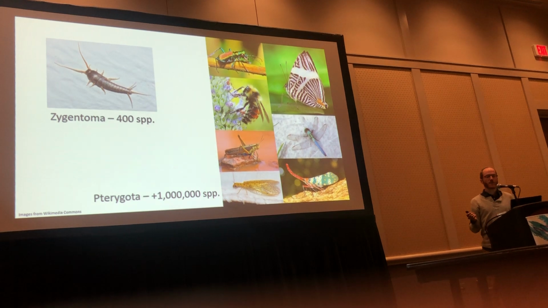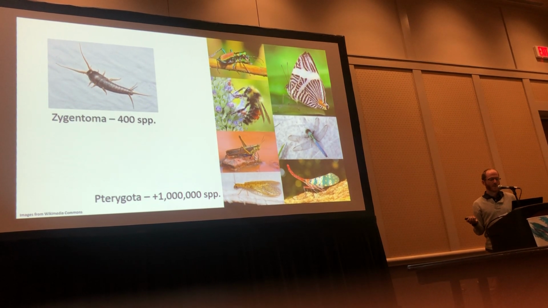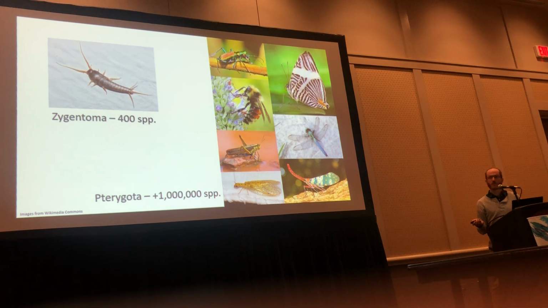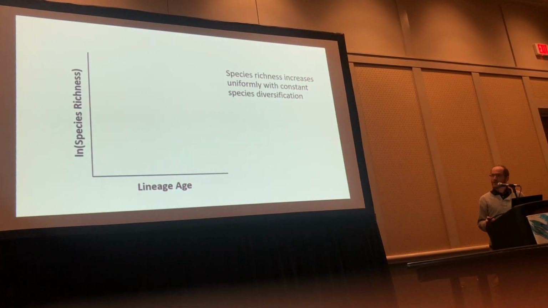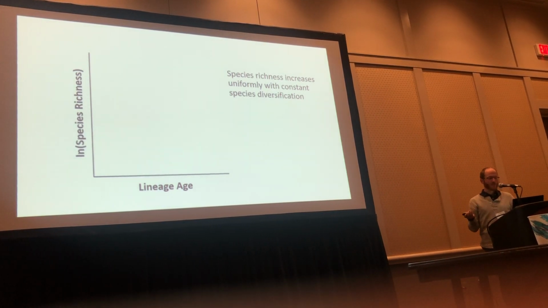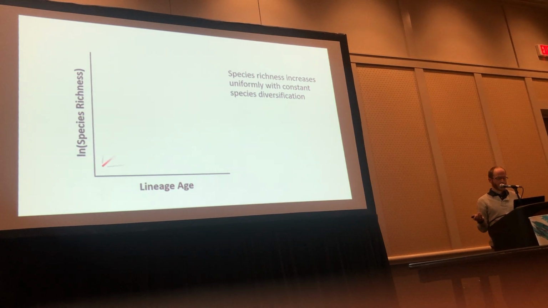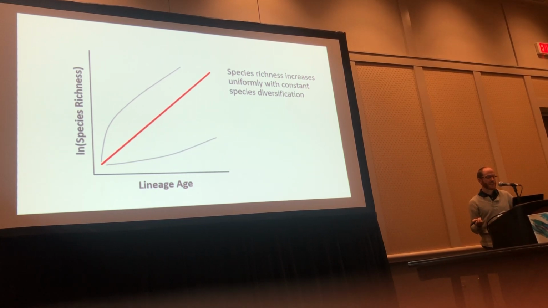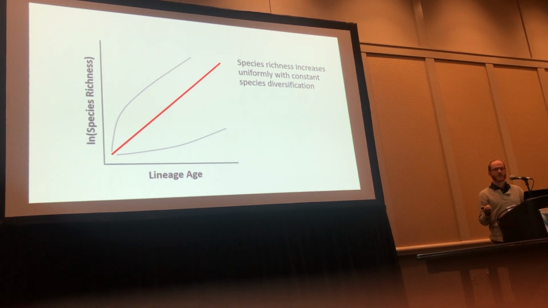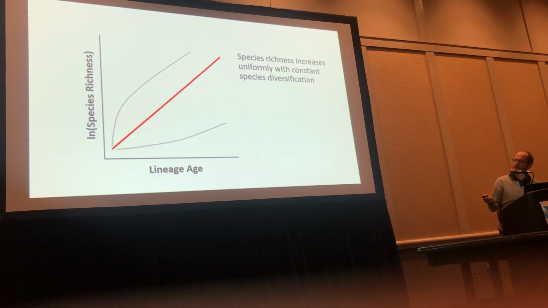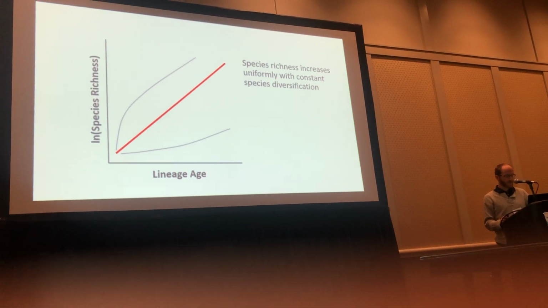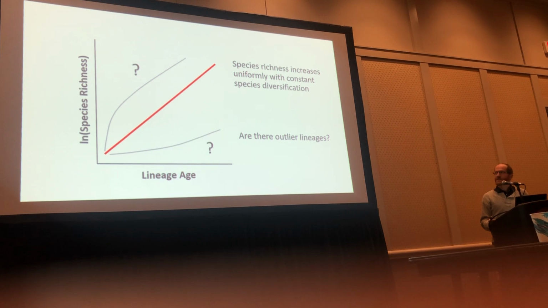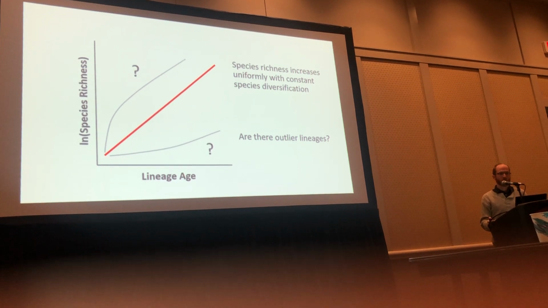And so comparing among clades allows us to work with these fairly general models that might explain the variance we see among multiple lineages rather than just two. So broadly, if we look across lineages, we may expect to find that the older a lineage, the more species it's going to contain, right? And also assuming that species diversification is constant among these groups, this relationship should be uniform, perhaps with some noise around the number of species. But if we ever detect any outliers there, perhaps there could be something very interesting. If a group is more or less species rich given its age, perhaps there might be something going on.